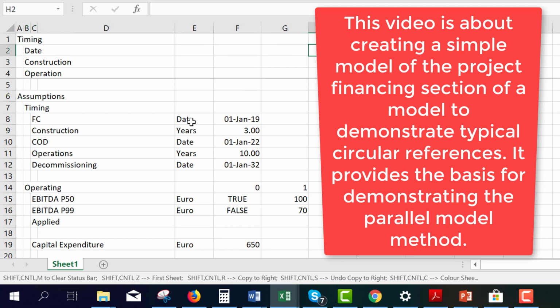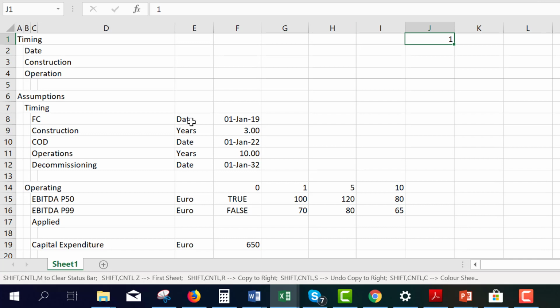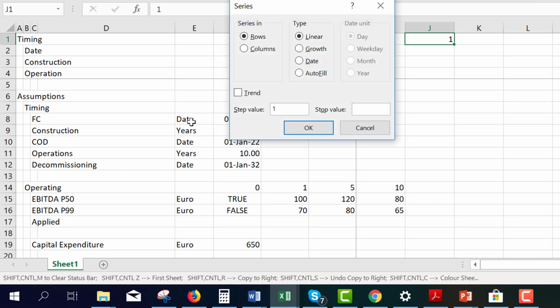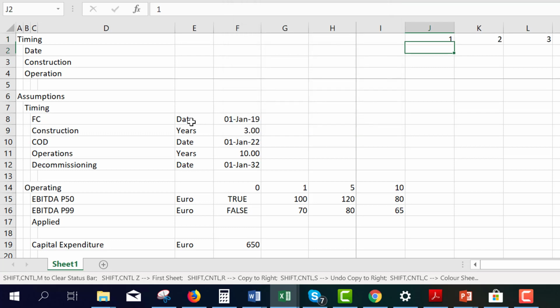So let's put the timing in. How about the very first thing? Let's go a little bit over here and put Alt E I S and tab, and put about 25 years as the maximum possible length. Now, let me make sure I'm still okay, 3 minutes. Then let's put the date in. Put an equal sign. Let's start this right at the financial close